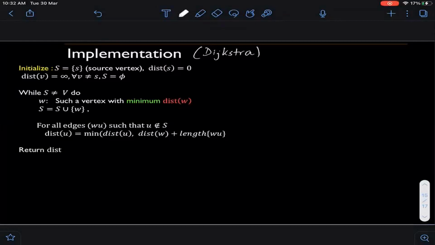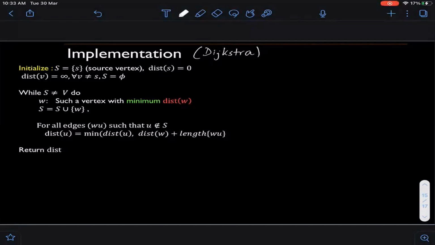Okay. So today the plan is I need to discuss a bit more on Dijkstra's algorithm, in particular some implementational details, and then we will switch to another algorithm for finding shortest paths, which would be the main topic of today's lecture. But before that, let's talk a bit about the implementation of Dijkstra's algorithm.